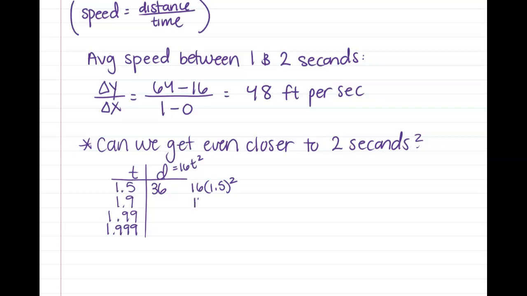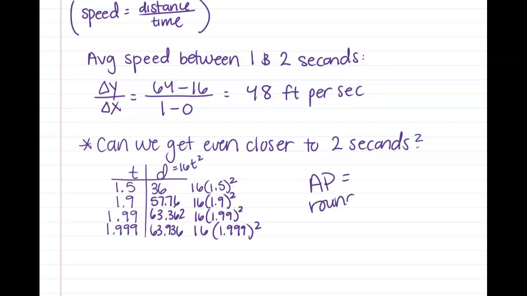For 1.9, 16 times 1.9 squared, which is 57.76. 16 times 1.99 squared, 63.362. 16 times 1.999 squared, which is 63.936. Okay, I'll tell you this approximately 1,000,000 times this year, but for AP,